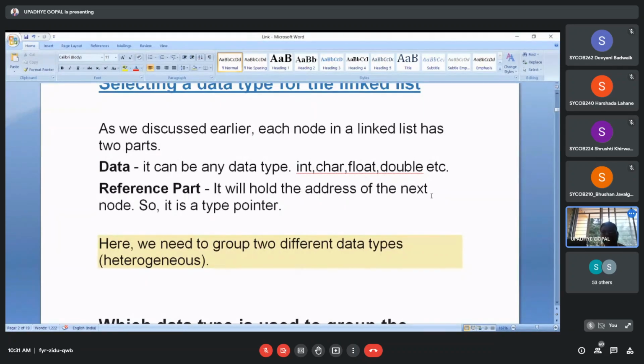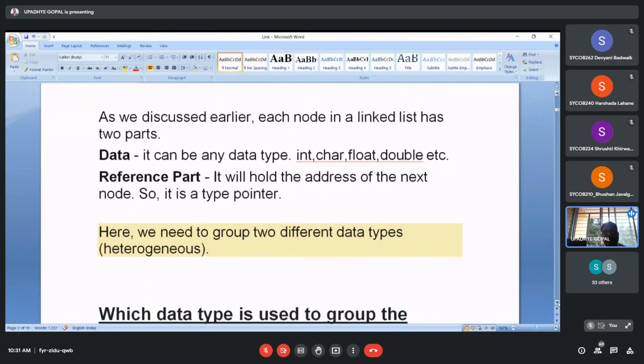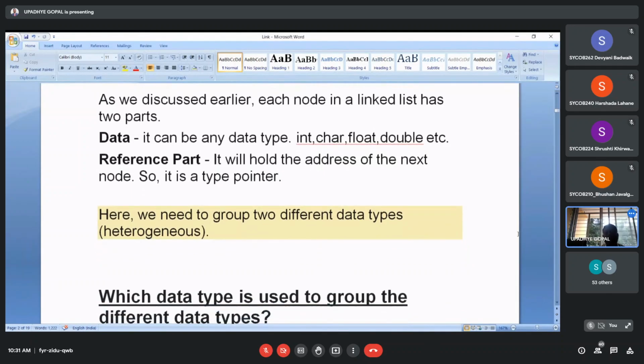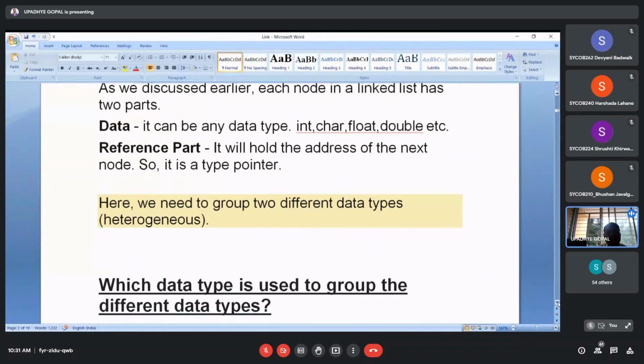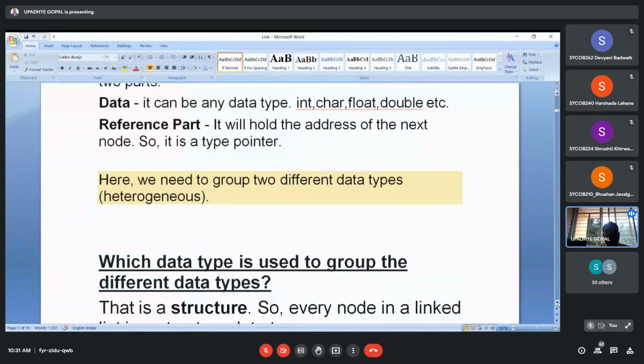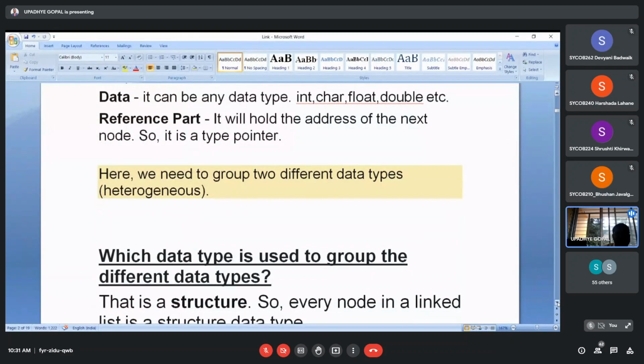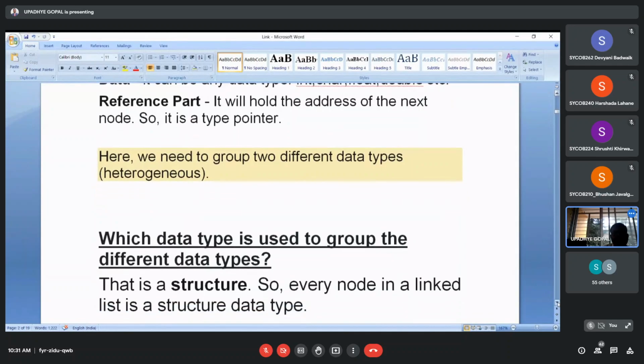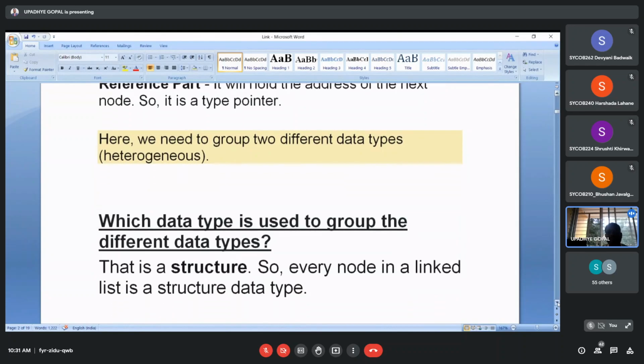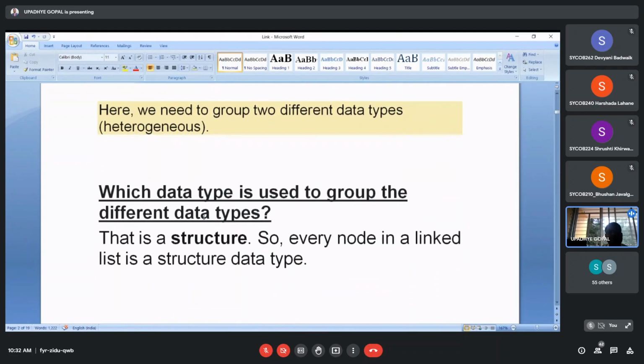Which facility is available in programming that is responsible for holding all these things together? We need a grouping of heterogeneous data types in a single container, and the container responsible for holding two or more different data types is nothing but a structure.